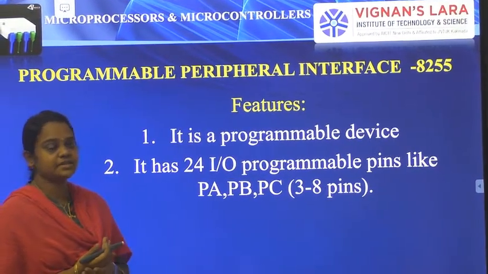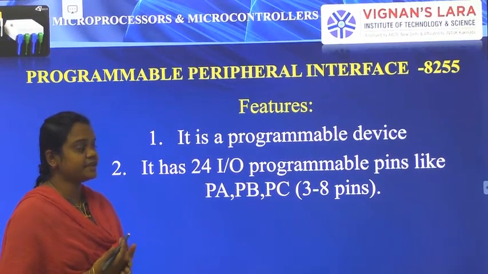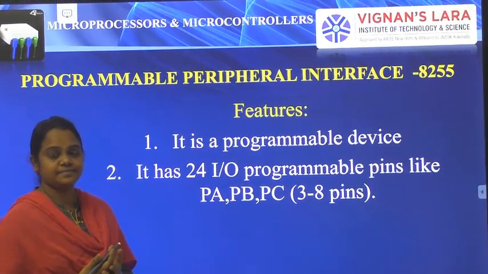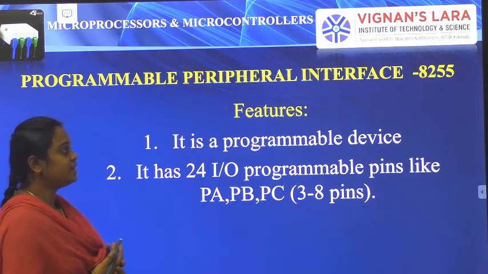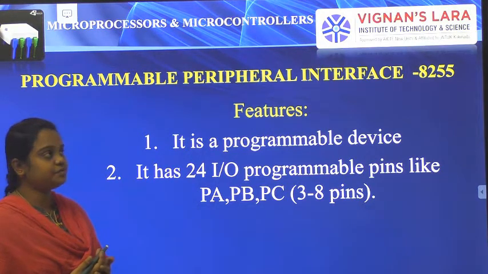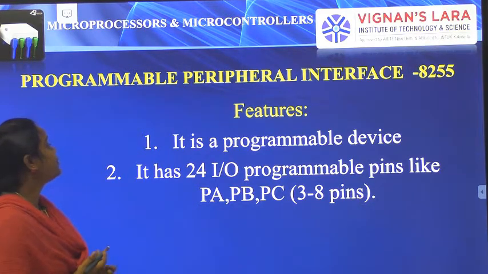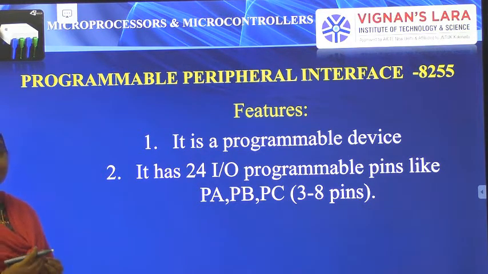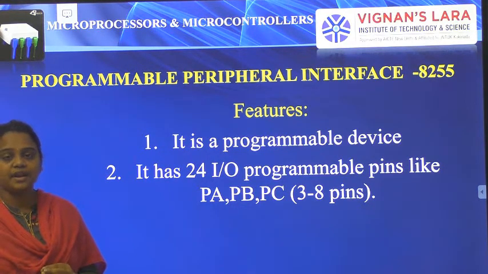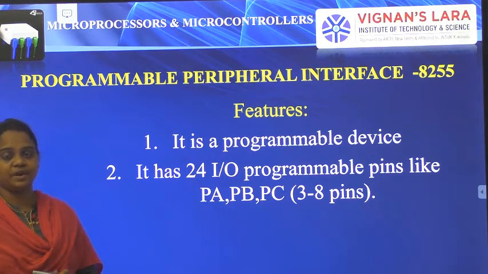We are interfacing with these by using these controllers. We are interfacing to the 8086 microprocessor. Here we are going to interface the 8255 to the 8086 microprocessor for gaining a programmable peripheral interface. That means the 8255 is one of the controllers used as a peripheral interface between the many devices connected to the 8086 processor. By using this 8255 we are going to connect various devices to the 8086 microprocessor.